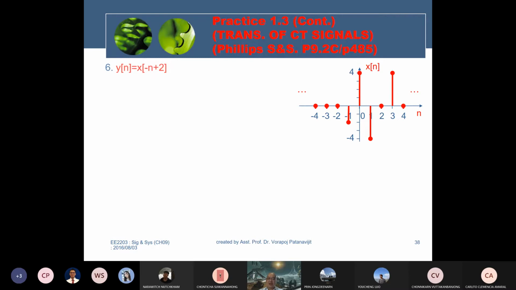Okay, the last question for this main question is yn equal to x minus n plus 2. Minus n plus 2 means minus